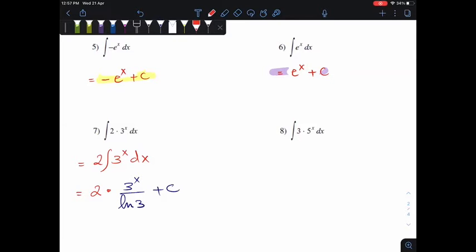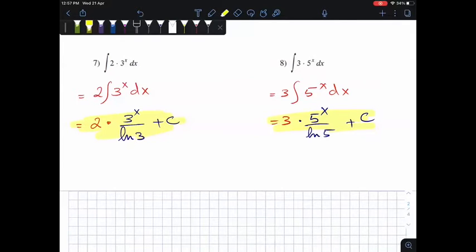Question 8, same. The integral of 3 times 5 to the power of x dx, which is equal to 3 times 5 to the power of x, all over ln 5 plus c. Okay, that's all for this lesson. Let's move on to our next lesson, which is